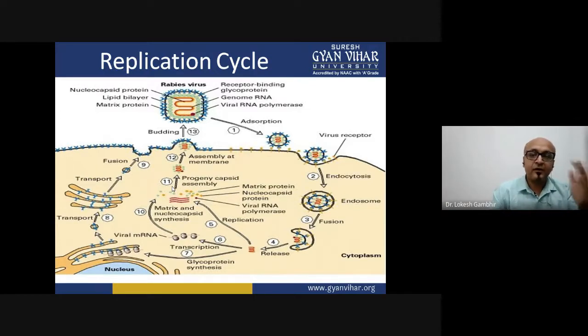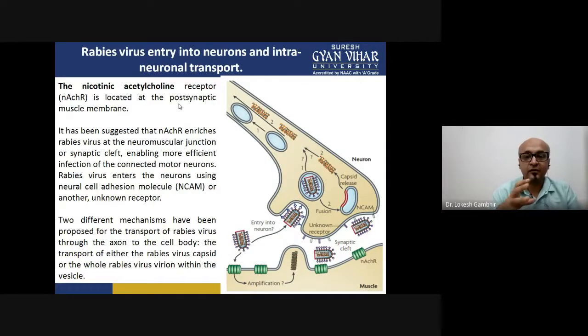Simultaneously, on the other hand, the glycoproteins which are formed in the endoplasmic reticulum migrate into the Golgi body, and via the endoplasmic reticulum Golgi network they attach to the membrane surface. When there is a budding process in the release of the virus, the budding process will take part of that plasma membrane along with it, which is rich in viral glycoprotein, and the mature virus is now released and ready to infect other cells. So this is how the complete replication cycle goes.